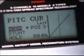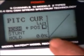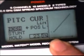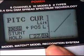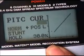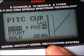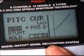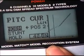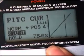Okay, pitch curves. The normal pitch curve as you start with a default is a straight line. So you start at 0 and you're going up from there, 25. So what I want to normally do is to take off that bottom part of the curve, set it to about 30%. This gives you less negative pitch at the bottom end of the throttle. Because you're not in idle up mode, as you drop the throttle, the weight of the helicopter will drop it. So you don't want to be throwing it down to the ground as well as just gravity dropping it. So what I do is I tend to move up the bottom end of the curve. So you start at 30, then go to 45,